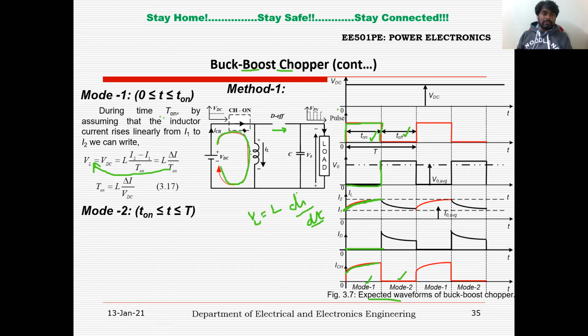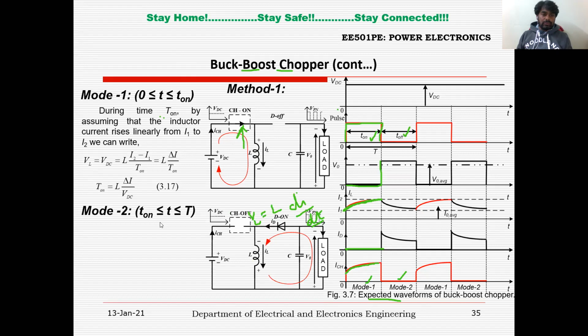Because I told you many times that the chopper consists of the commutation circuit as well. Inside this box, that is why it is replaced with a dotted box. Right. So with the help of that commutation circuit, the chopper is going to be off. So if the chopper is going to be off, this is the equivalent circuit. Now, previously the inductor was charged with this polarity, the top one positive and the bottom negative. Now the inductor has to discharge. So before discharging the energy, it has to reverse this polarity. Negative is replaced by positive, and positive is replaced by negative. Here you can see, right?